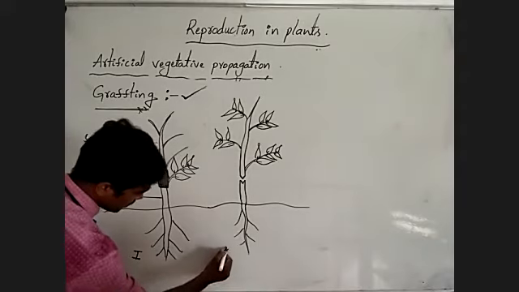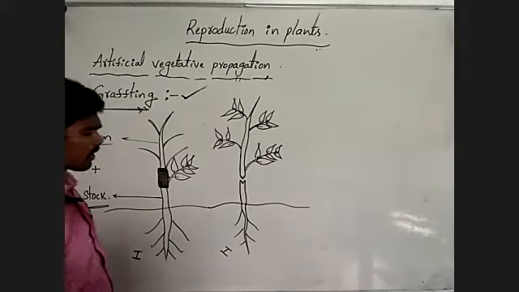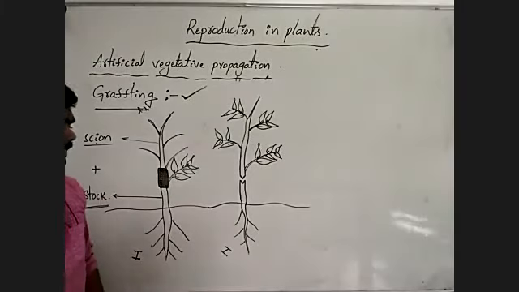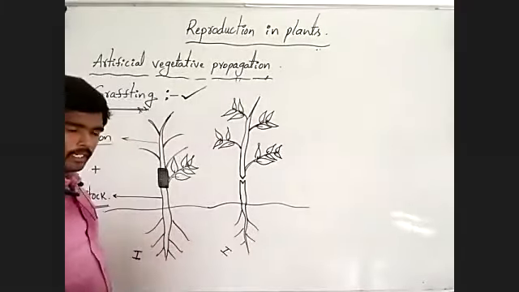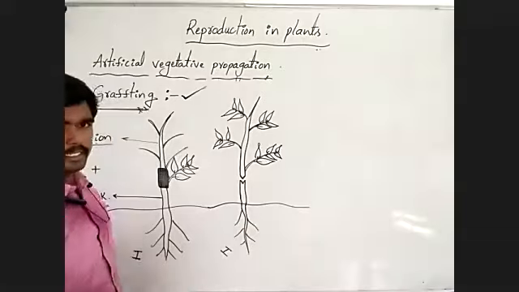But imagine the roots of the second plant cannot absorb more water and nutrients from the soil, if they are weak, slender and unbranched. In such a condition,